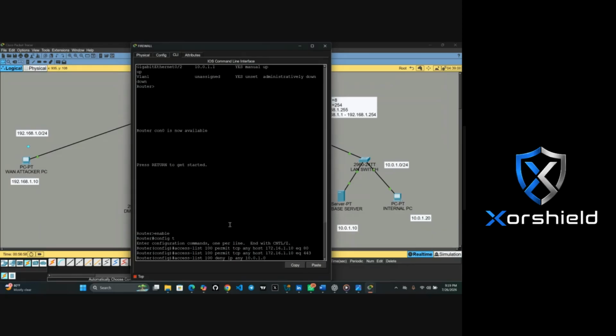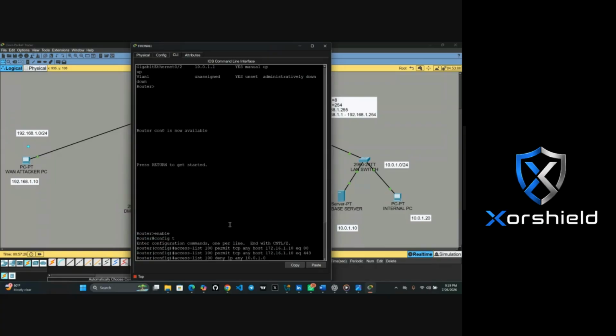Then 10.0.1.0. Did anybody understand the reason why I'm using 10.0.1.0 and I'm not using 10.0.1.10 or 20? Can anybody tell me? I want to see whether you are following. Just tell us why you are using it.